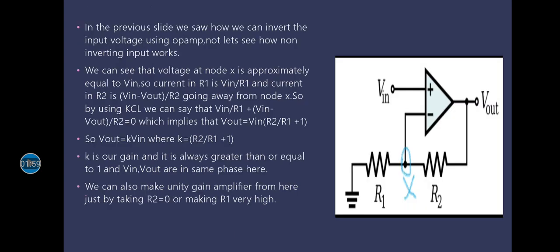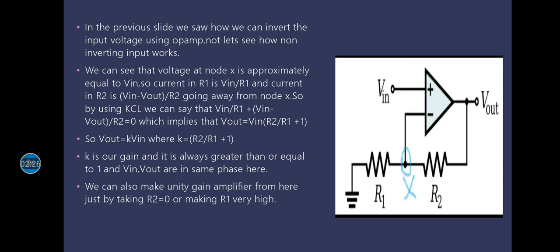Now let's see how non-inverting pin works. So for that, we will connect the input voltage to the non-inverting pin and we will make a potential divider, and the partition between R1 and R2 is connected to the inverting pin of the operational amplifier. And let's assume that this node X has almost the same potential as V in, and after that we will apply KCL and Ohm's law at this node X,